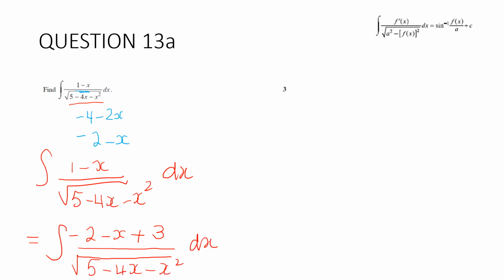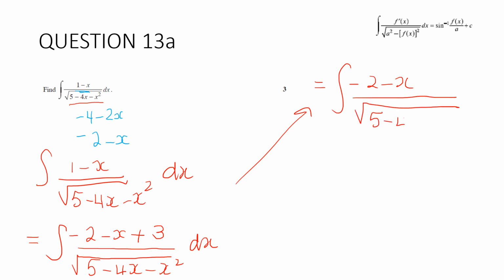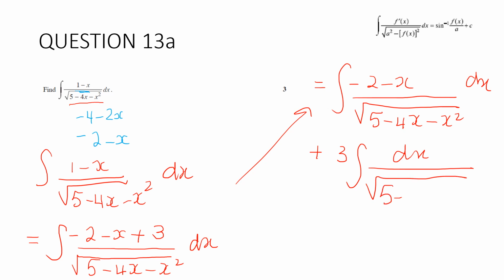Up here equals, split it up, negative 2 take x all over square root of 5 minus 4x minus x squared dx plus 3 lots of 1 over the square root of 5 minus 4x minus x squared,